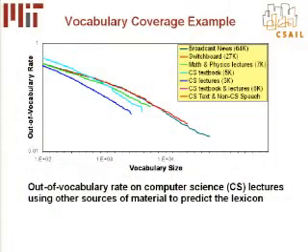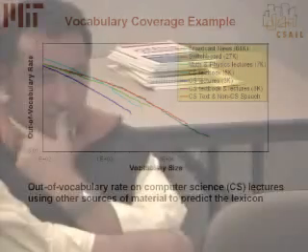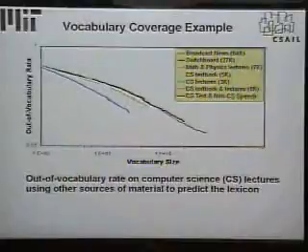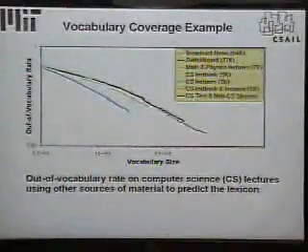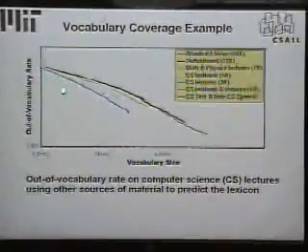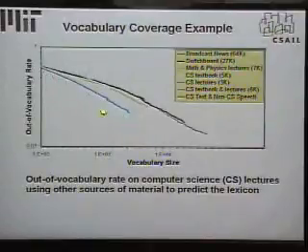If you could do some sort of adaptation. Right. Well, that's where I'm going here. Right. I'm just trying to say it. Right. So say if I had the textbook. Right. But if you have the textbook, of course, it's more efficient. But the textbook doesn't cover all the things that somebody might say. If you have other lectures, that's even better. So in this particular case, we were looking at the OV rate over 10 lectures, and we held out 10 other lectures. And we use 10 other lectures to predict the next 10. I got a feeling that,